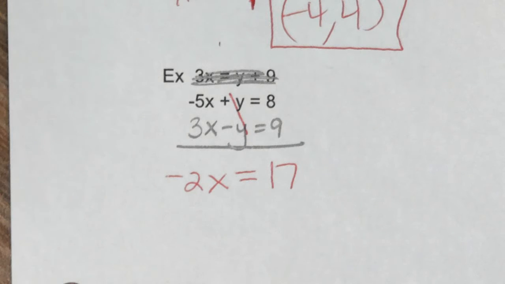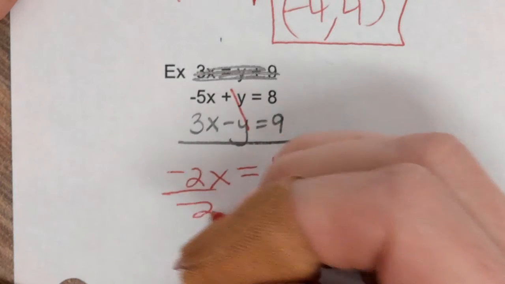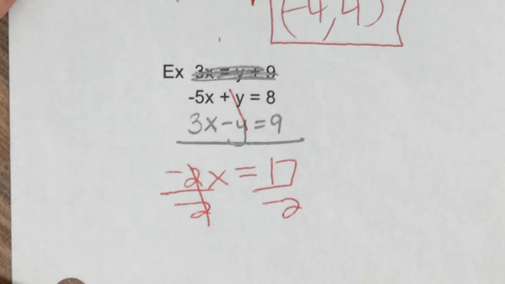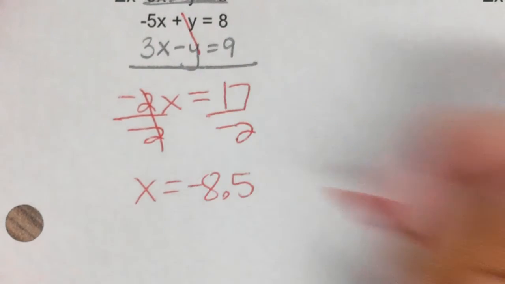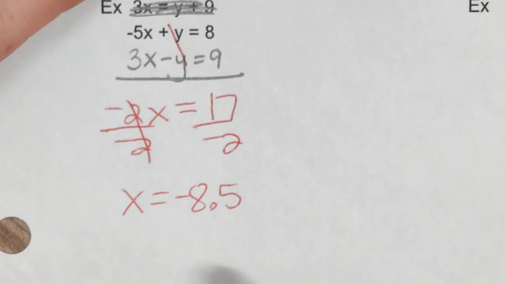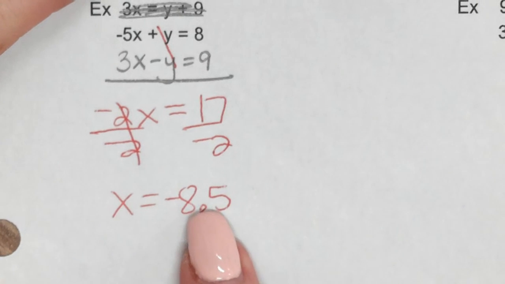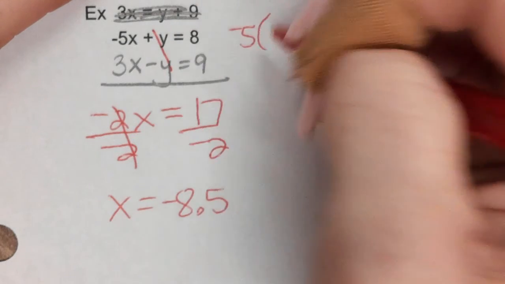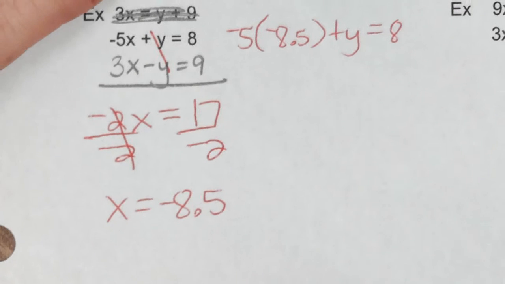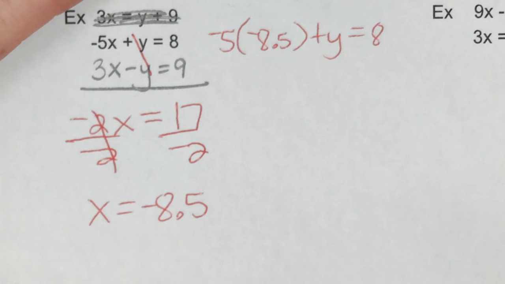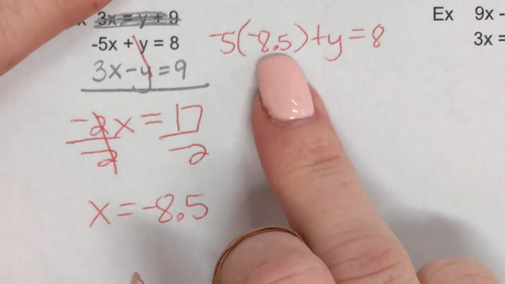Can you get decimals on these? Absolutely. Okay, so divide by negative 2. What's 17 divided by negative 2? Negative 8.5. So now I'm going to plug that back in for x. So I'm going to do negative 5 times negative 8.5 plus y equals 8. Do I need to slow down or are we okay? Are we all okay? Negative 5 times negative 8.5